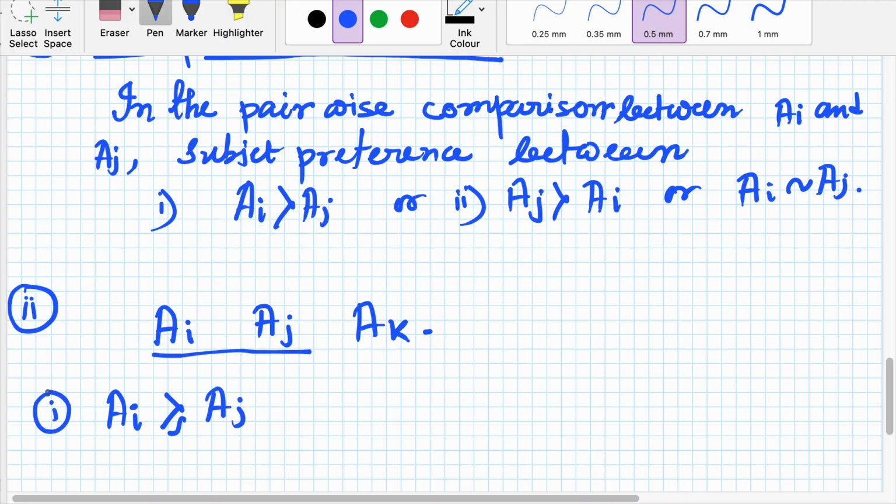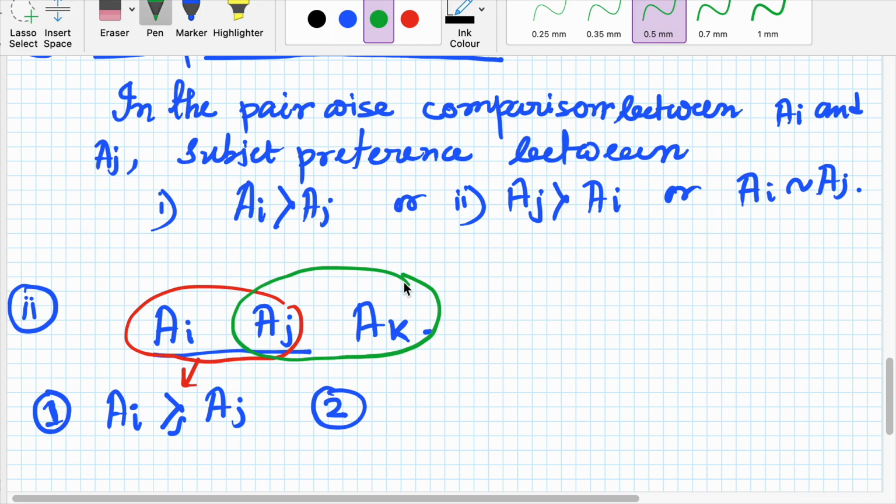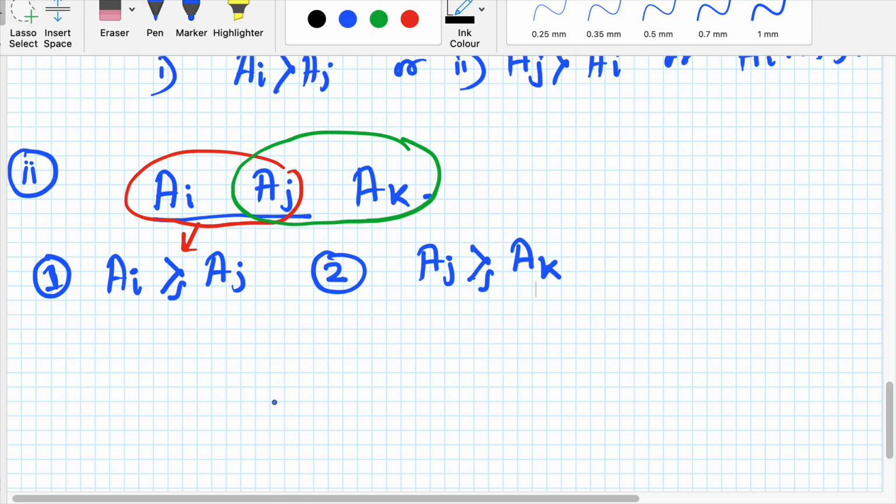That is the first condition. Second condition: suppose that in the pairwise comparison of aj and ak, aj is preferred or indifferent with ak. Then the question is, can we say